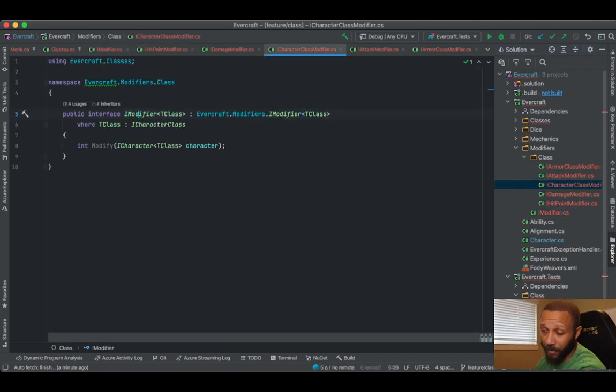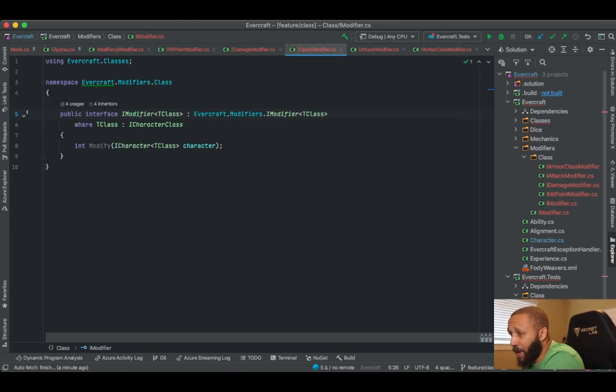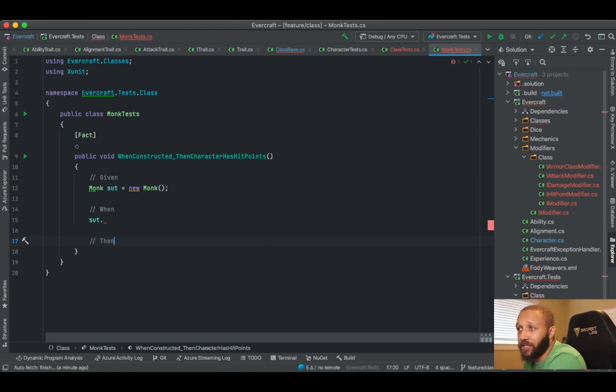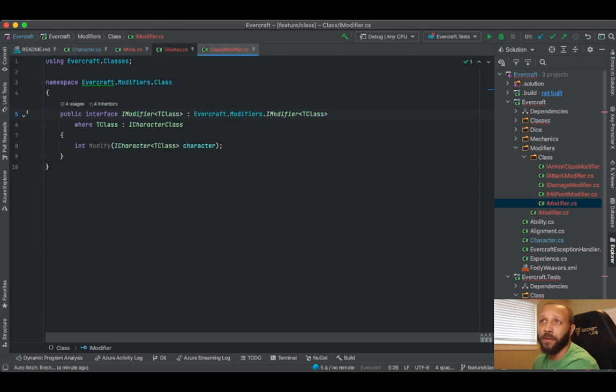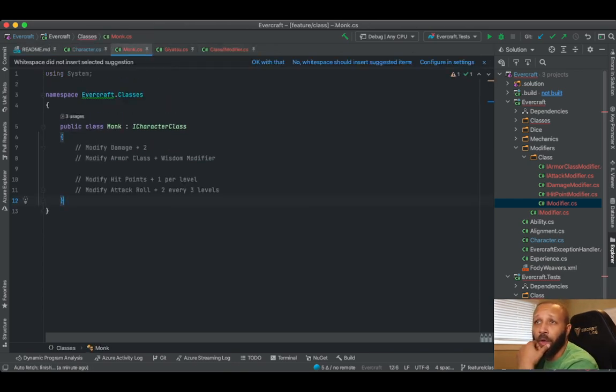Okay, so we actually haven't written much code yet, and done much of a thing. Rename file to match type. So let's go back to our tests, and let's just say that when the monk is created, because the class isn't really holding on to much information other than what the modifiers are. So let's go back and grab this thing so we can get back to it and pin it. And then let's close everything else so we have a cleaner surface to look at. Okay, so what our monk is basically just a list of modifiers, right? It has,